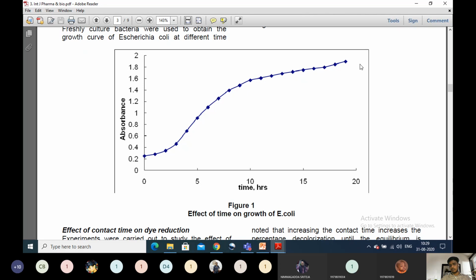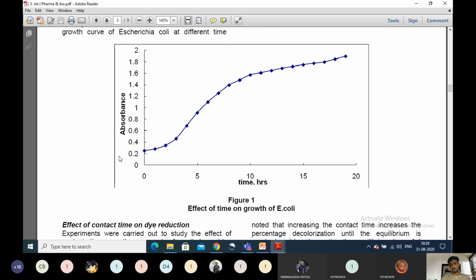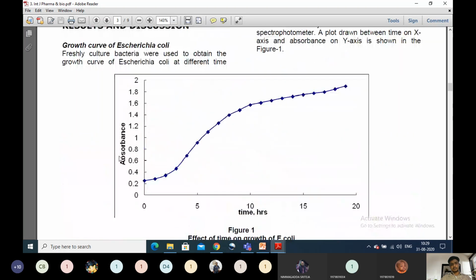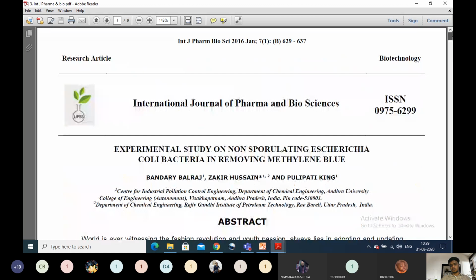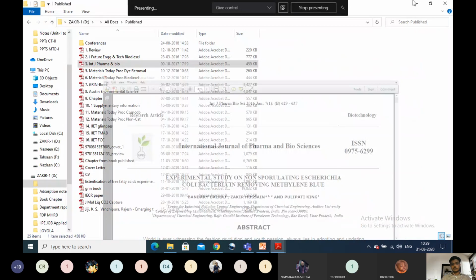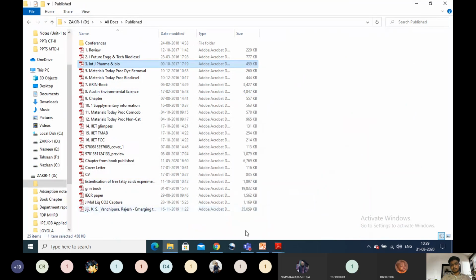We used this Escherichia coli bacteria to remove dyes like methyl orange and methylene blue. So this was our research paper. You can go through it if you are interested in knowing more about the bacteria growth stages. This is the effect of growth on E. coli, which is one type of bacteria. That bacteria will be growing in some nutrient growth medium, and we have supplied additional carbon and nitrogen sources, like ammonium nitrate and glucose. You can go through the papers on my website; they are already there.